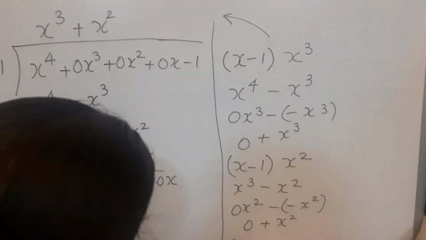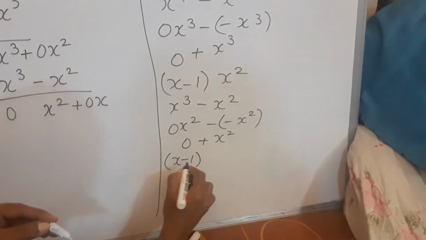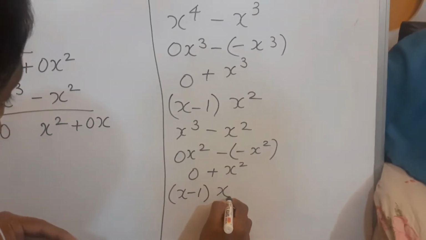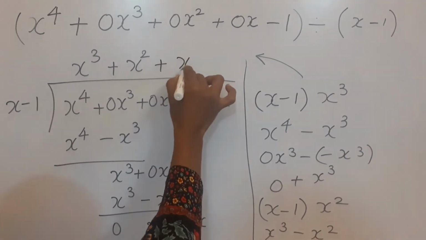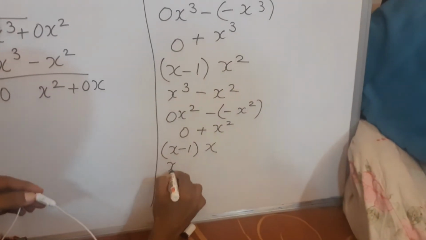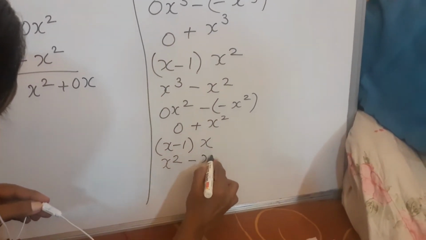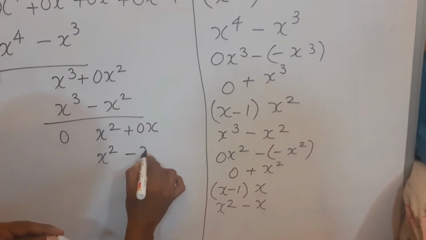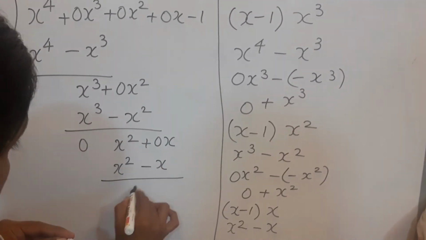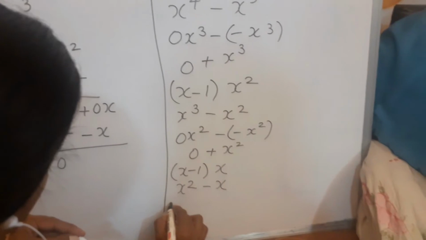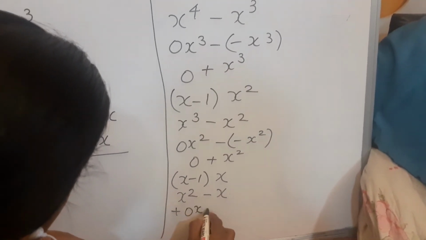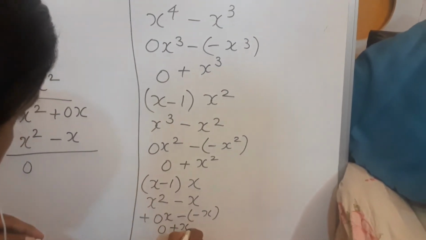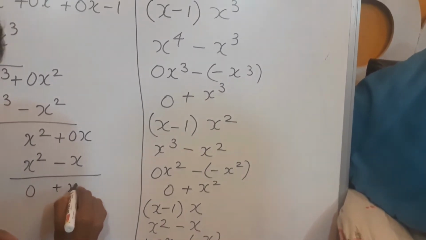Alright. Again bring the divisor here. Write it again here. What multiplied by x minus 1 will give you x square, that is x. Alright. So write your x immediately here. X into x gives you x square, minus 1 into x is x. Alright. Immediately transfer this here. X square minus x. X square minus x square is 0 and plus 0x minus x. That will give you 0 plus x. So this will be plus x.